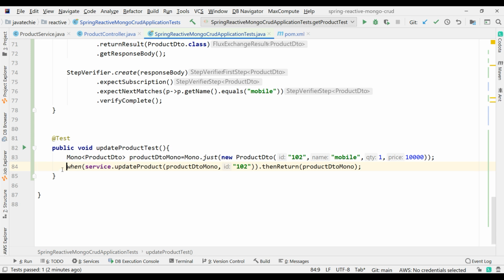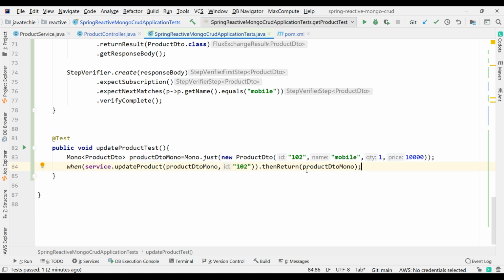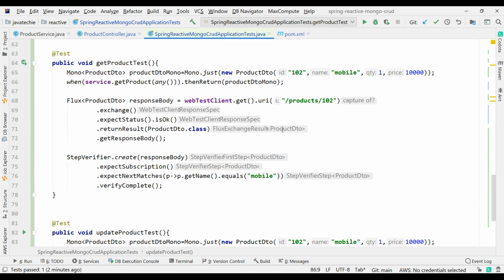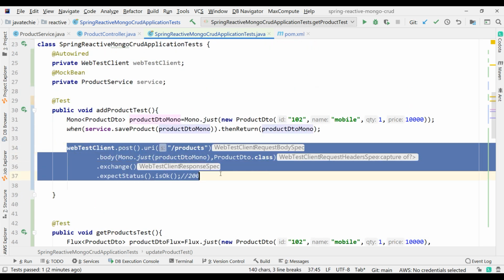So this syntax is very clear, guys. There is nothing to confuse. When I call this method, then just return me this object which I just hard coded. Okay, that's what Mockito is used for. Rather than calling your actual method, you can bypass the API call. And usually in real time, we need to write the test case using Mockito. So now what I just need to do, I will just copy the post signature, and I can add it.